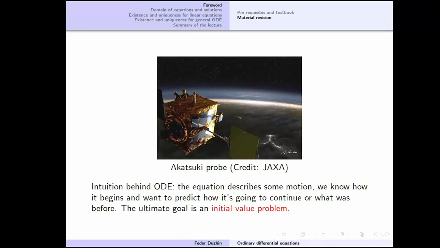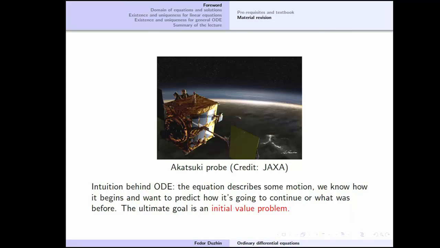So in mathematical terms, when you apply an engine thrust, it means that you are giving your probe a certain initial velocity. But then once this initial velocity is applied, after this the motion is free, which means it must satisfy the